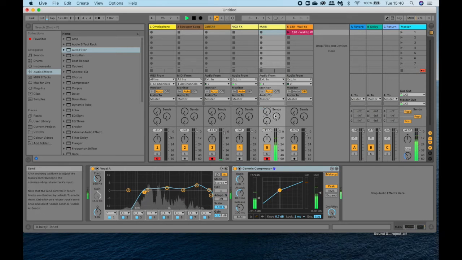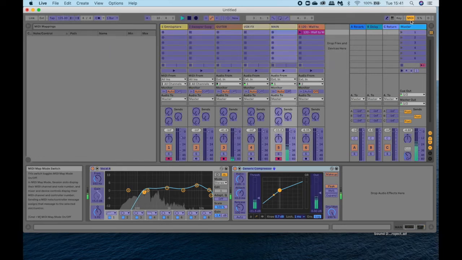reverb. So these are really cool if you want to send multiple channels at once. Now the way you do that, you could MIDI map it, for example. I've got a little modulator on my keyboard down here, so I'm going to use a modulator on my keyboard. If you remember, if you click MIDI map here in the corner, I could send, let's do the drums, and then move that. I'm going to send the main vocals, and I'm going to send the guitar as well. So in theory,